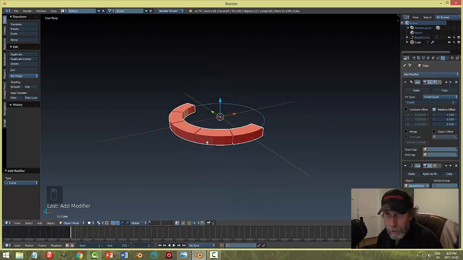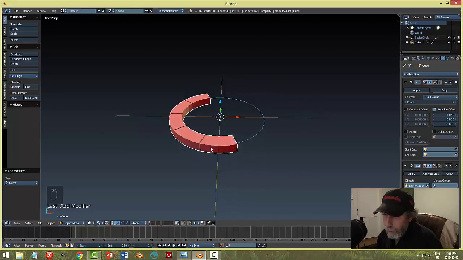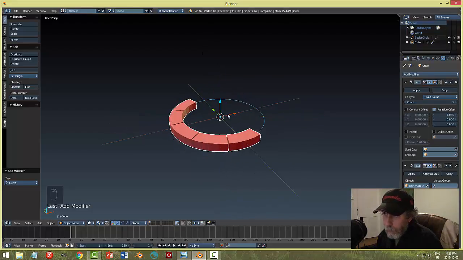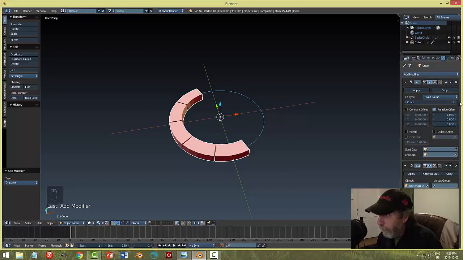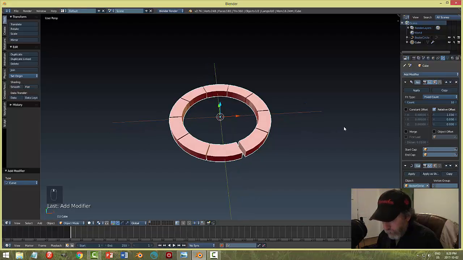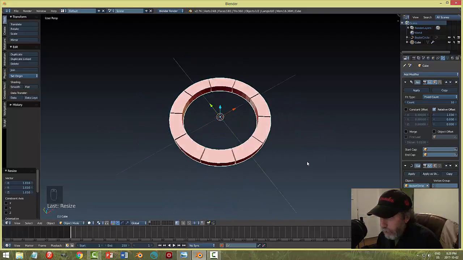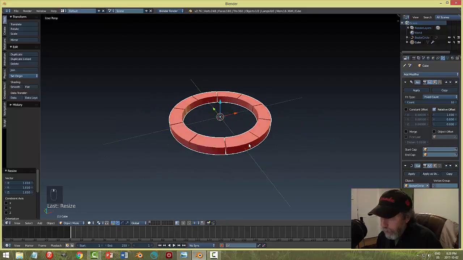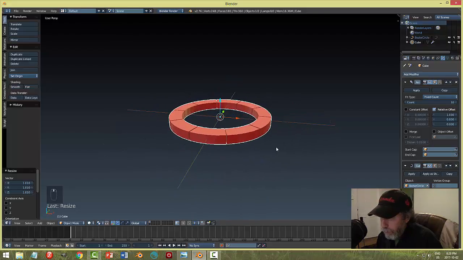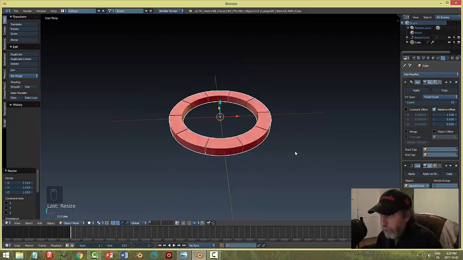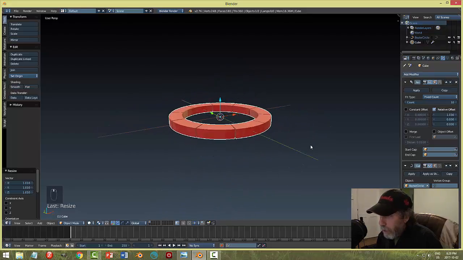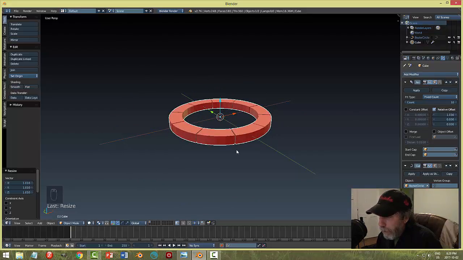All right, we'll take care of that a little bit soon, but I could add more segments if I wanted, but I didn't want my vertices to be too much. But anyways, I'm going to increase the count now until it looks pretty good, and then I'm going to scale them, and I'll hold down Shift to constrain it till I get roughly an equal division between each brick, and it looks decent. I mean, this one might be a bit smaller, but it's not going to be really noticeable. Okay, so now what I want to do is